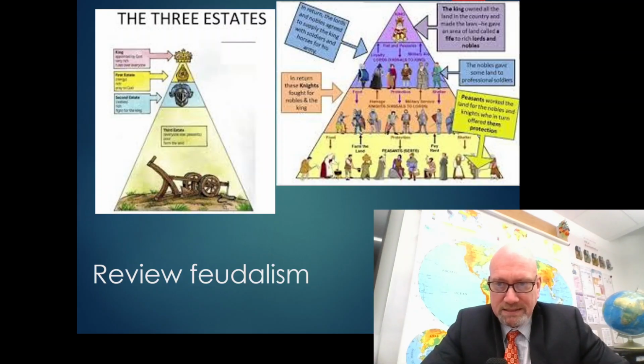So the bourgeoisie is basically what we could call upper middle class to simplify it, but it would include people like lawyers, doctors, wealthy merchants, people who are wealthy enough to maybe learn to read and write, often dwelling in the cities, often wealthy because they were trading in the marketplace, or it could even be a skilled craftsman or blacksmith in the city.